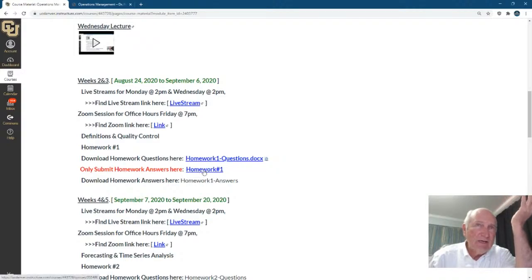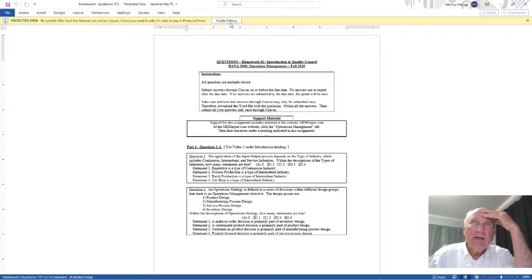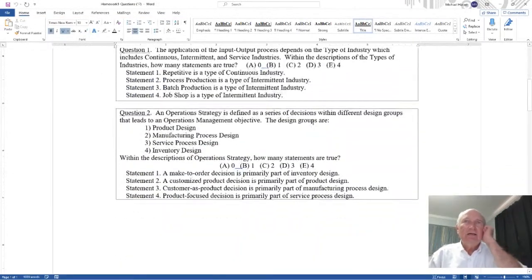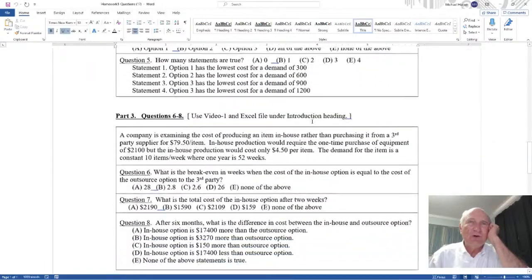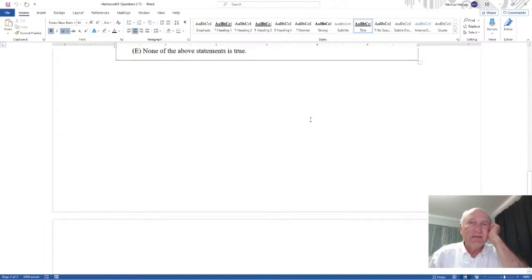And don't submit it only when you're done. So download this Word file. Click it. Download it. Open it up. Enable editing. Enlarge this thing. And there's the homework questions. So work on the homework questions. I think it's 1 through 8. 1 through 8 is this, and then